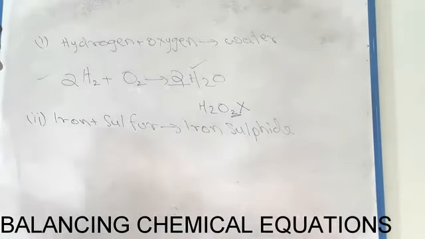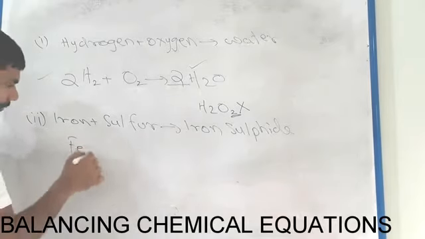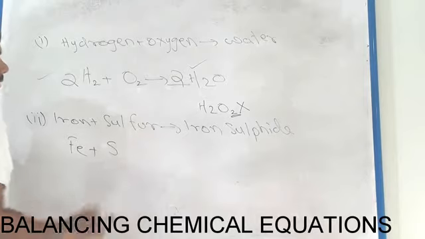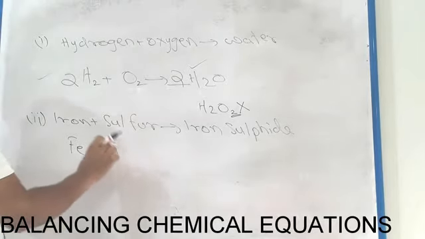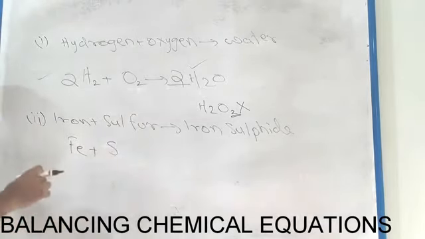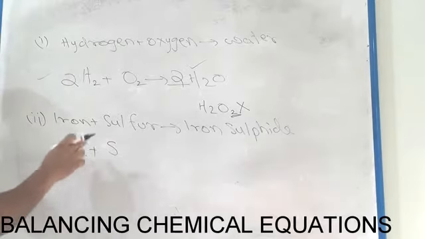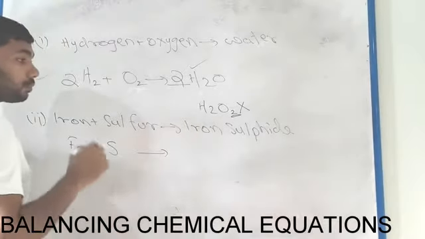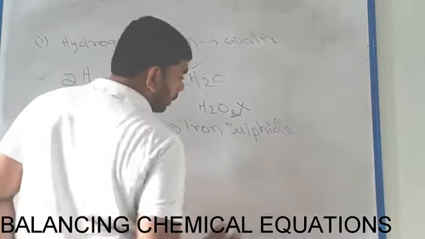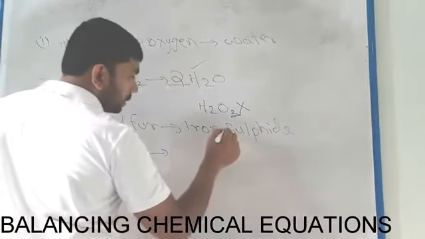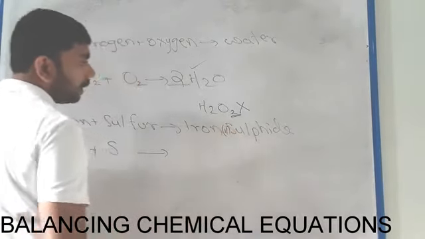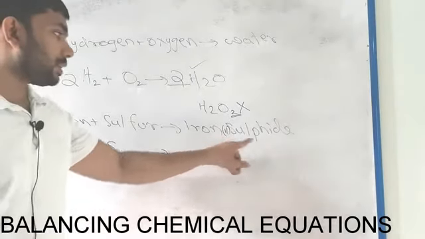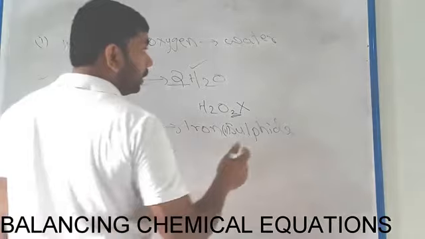Okay, look here, you know iron is Fe, sulfur is S. Here sulfur is also monoatomic. Okay, Fe plus S, iron sulfide. How can you make the formula for iron sulfide? Here in the question it is iron 2 sulfide. Iron 2 sulfide means here